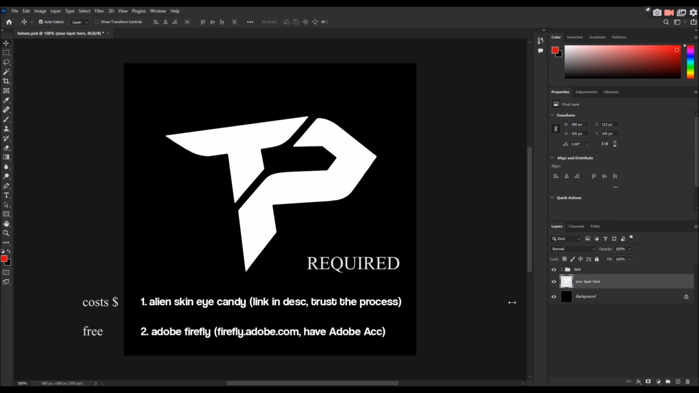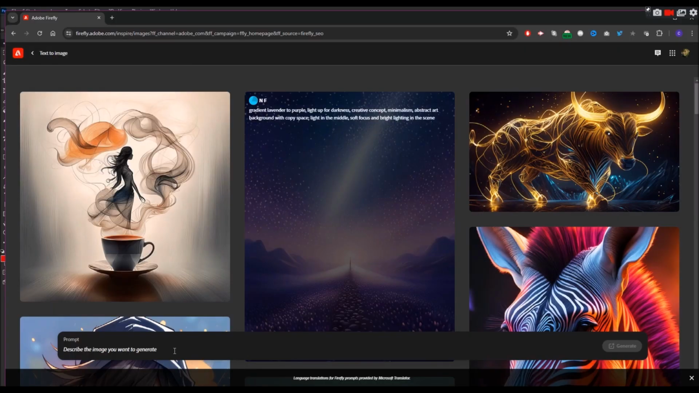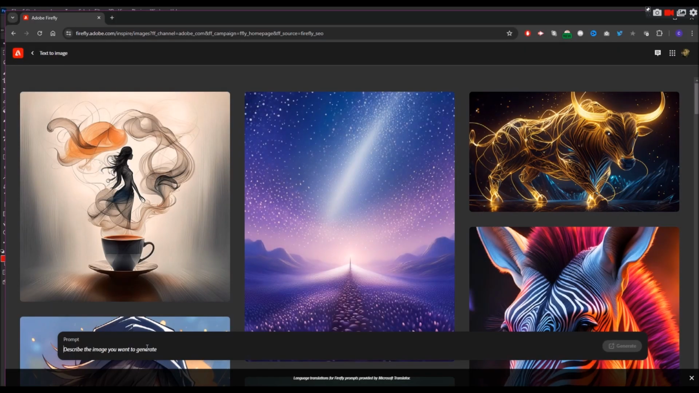First things first, let's go to firefly.adobe.com and go down to where it says prompt, and we're just going to start typing in some things. It doesn't really matter. I mean, it does matter what you put in here, but really what matters is